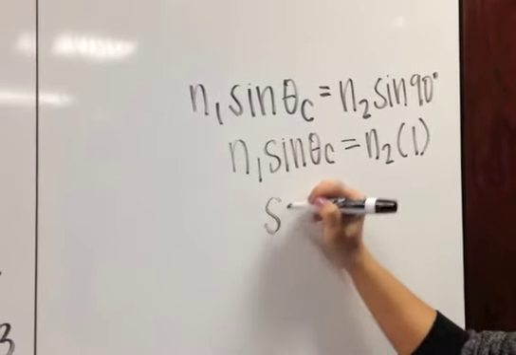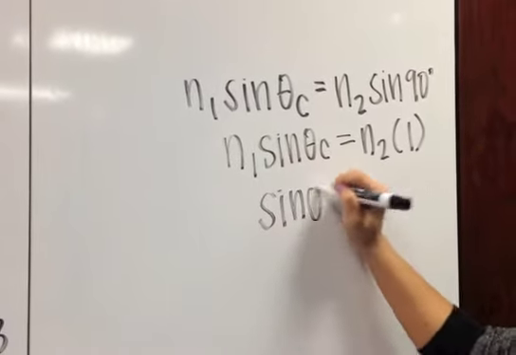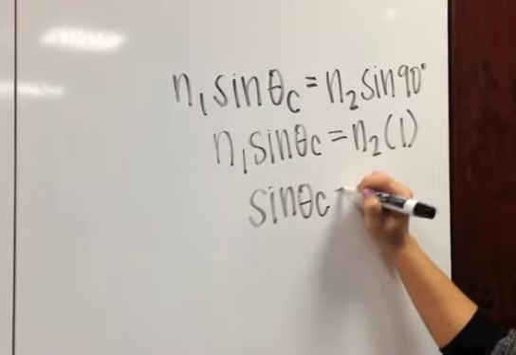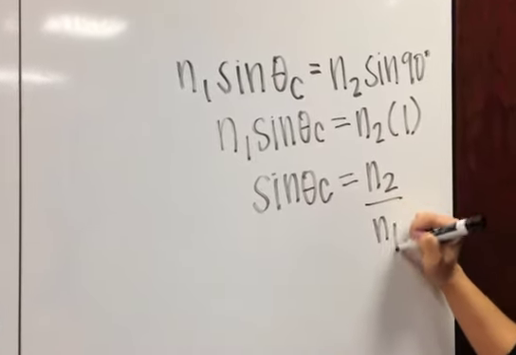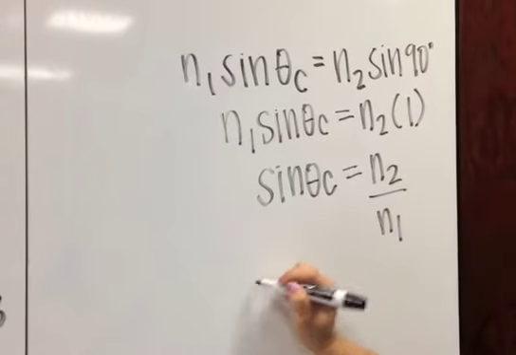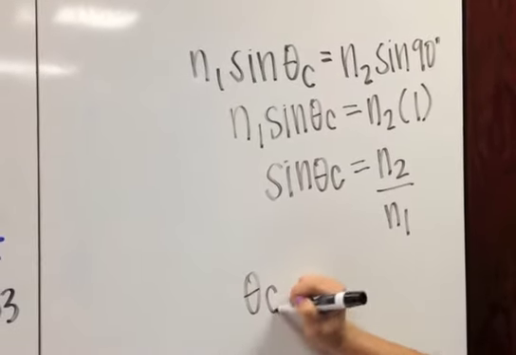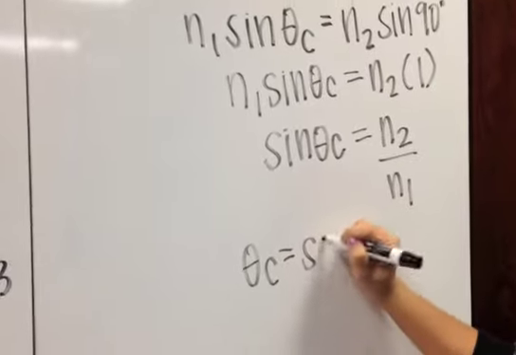So then you'll have N1 sine theta c equals N2, and then to solve for your critical angle, the inverse sine